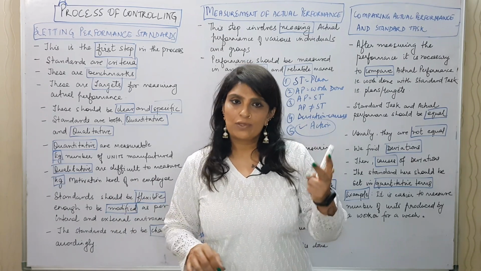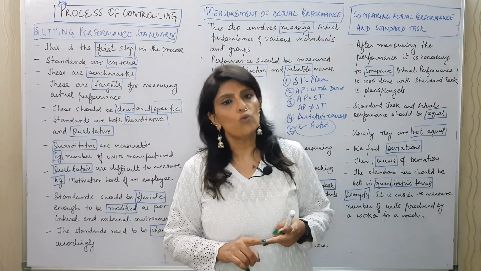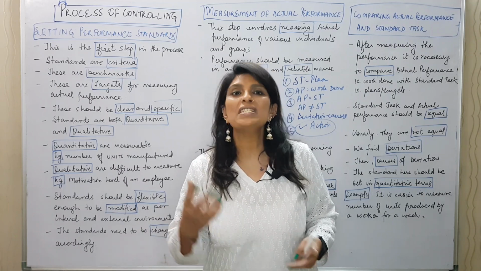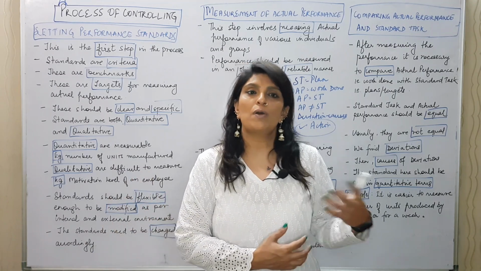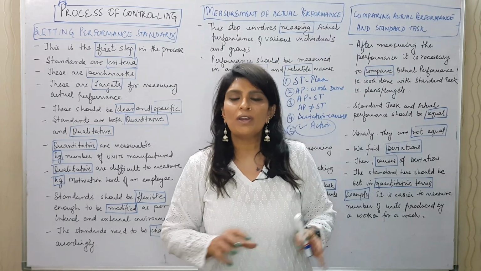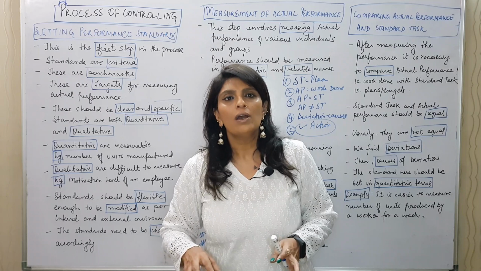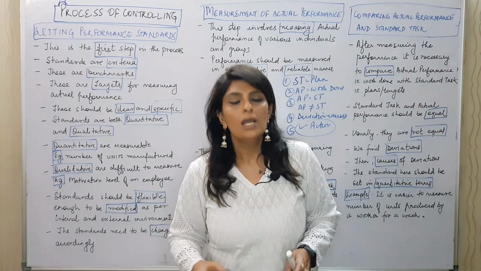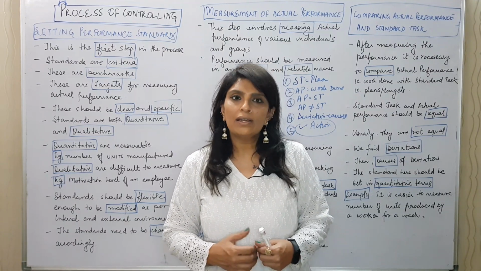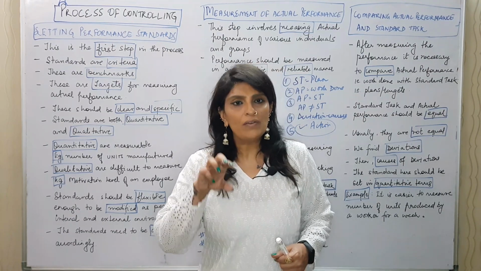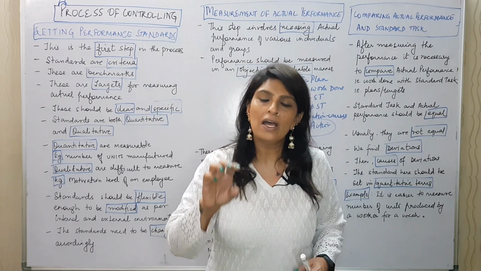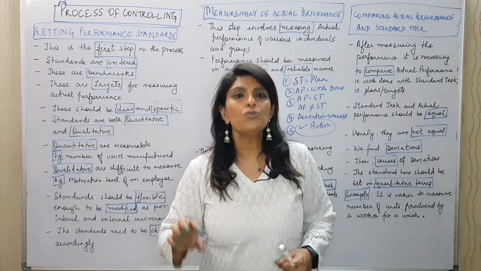These are of two types. These are quantitative and qualitative. Quantitative means which you can measure, that is the number of units manufactured or sold. And qualitative means the quality of work, which is not measurable in any kind of unit terms or monetary terms. Qualitative like goodwill, or like the motivation level of an employee. So when we talk about both the standards, quantitative and qualitative, we usually set up quantitative standards so that it's easier for us to measure.